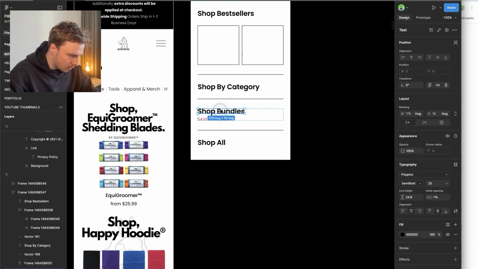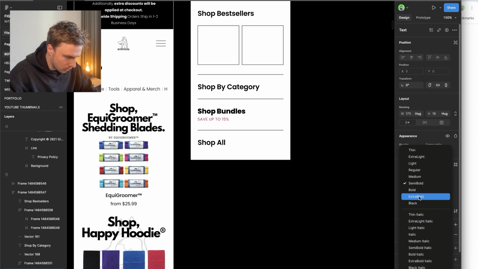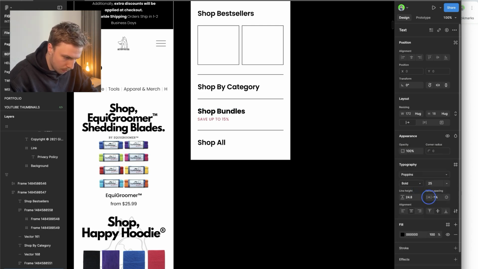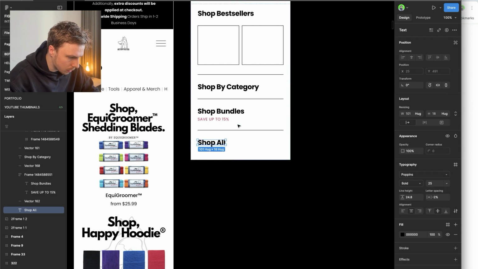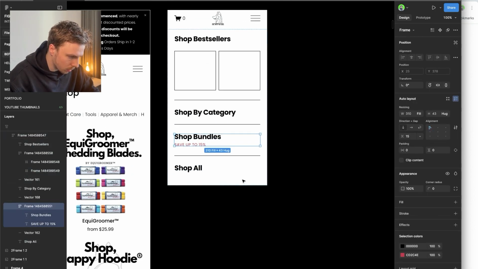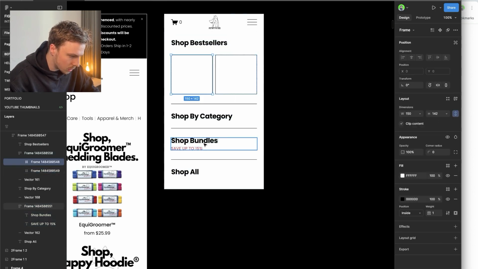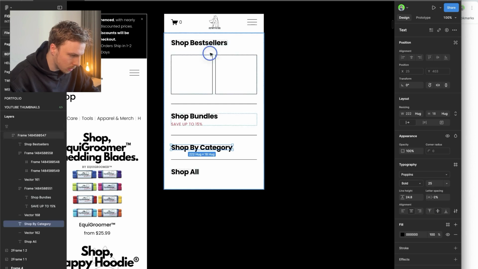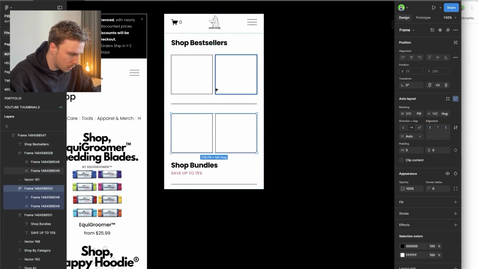And then they've got these quite thick fonts, so I'm going to try and do the really thick fonts as well with them. So let's just do that. So I'm going to put bundles. Let's say number 3. I think that makes sense. Categories, you know what? Let's put it number 2. And let's put this